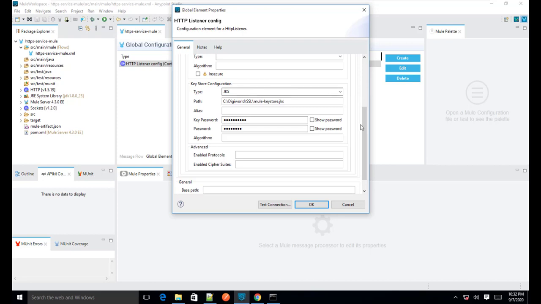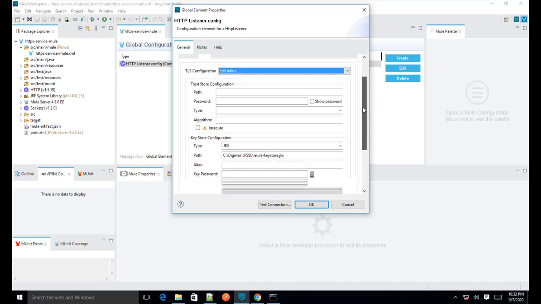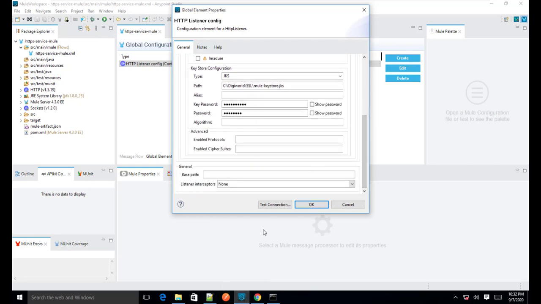Because right now we are about to implement one-way SSL, and in case of one-way SSL, the client actually verifies the digital certificate of the server. Okay, so in one-way SSL, only one verification happens: the digital certificate of the server is verified by the client. Okay, the client's digital certificate is not presented to the server, and it is not verified. So this is one-way SSL.